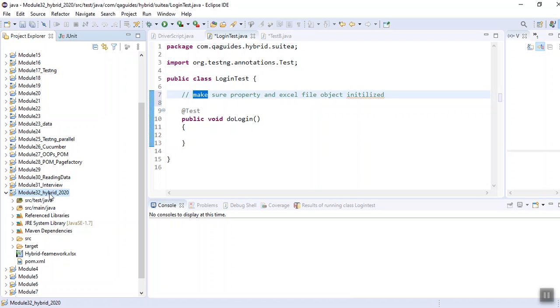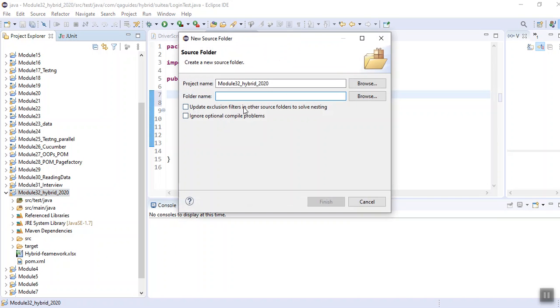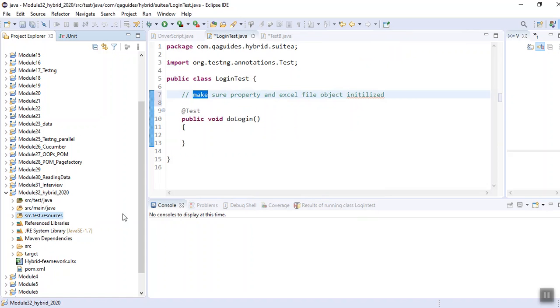Now I will create a new source folder and name it src.test.resources. Fine, I have created one more source folder here, that is resources.